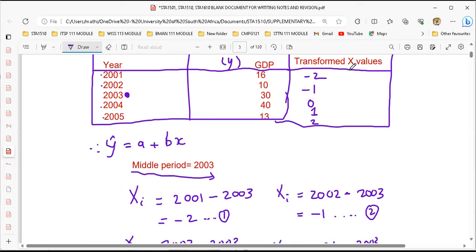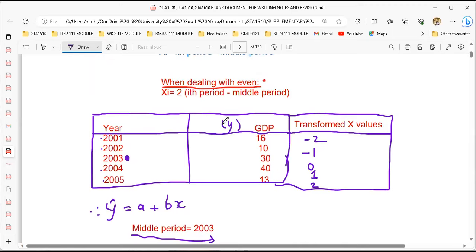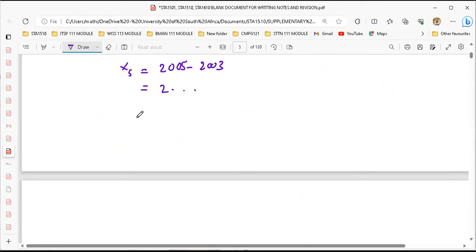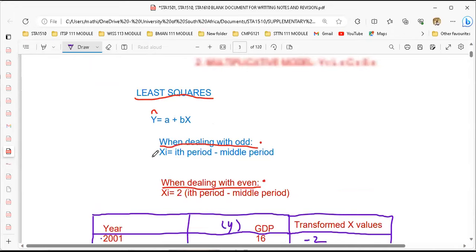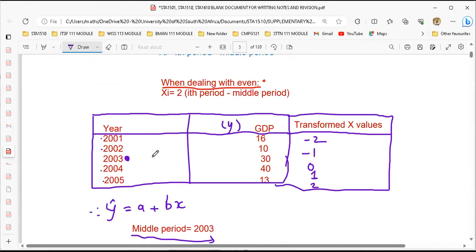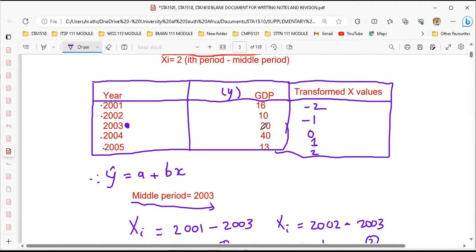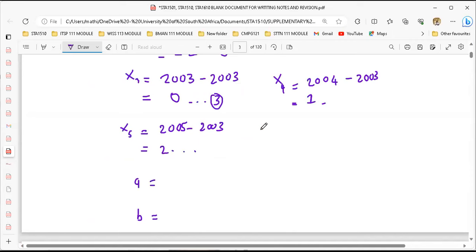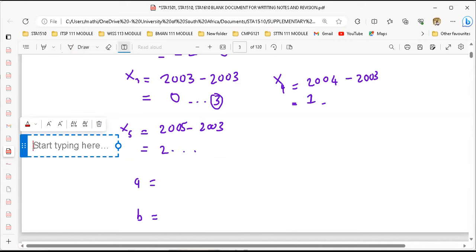All right, now I have transformed x values and I have the value of y. It's going to be easy for me to find the value of a and b using a calculator. I'm going to explain the method, how to find the value of a, and also how to find the value of b. All right, let's do it on a calculator. So this is the value of x, this is y. On your calculator, first step,